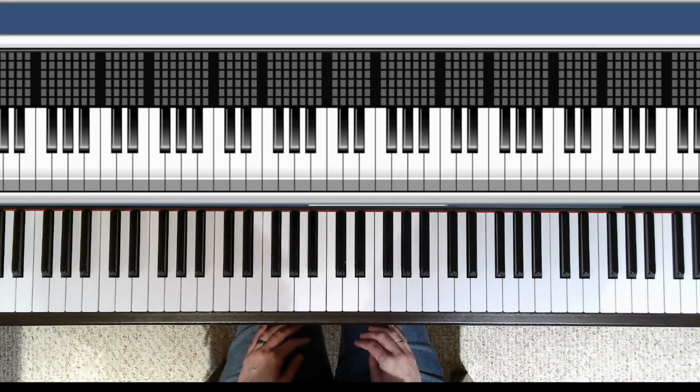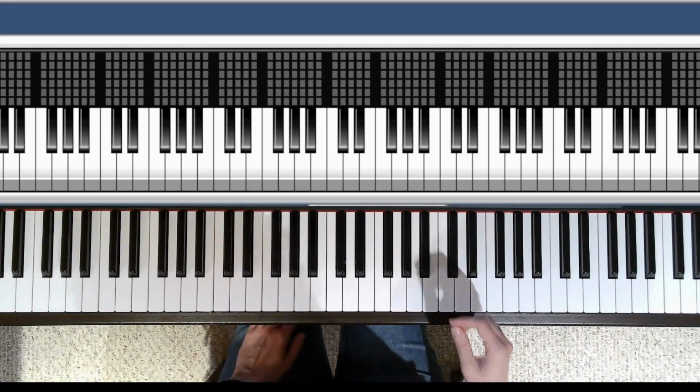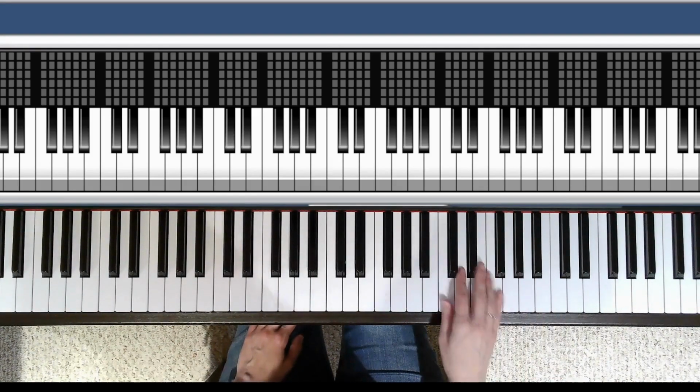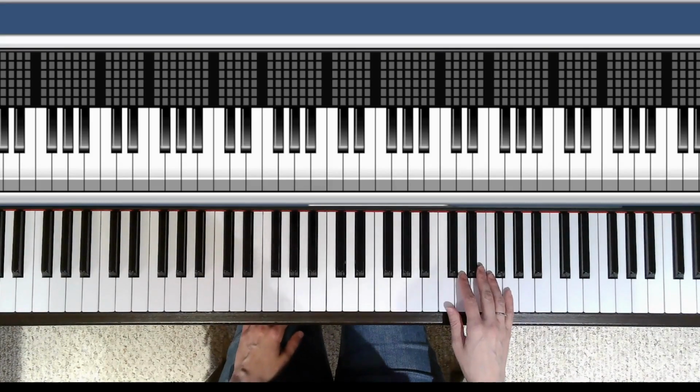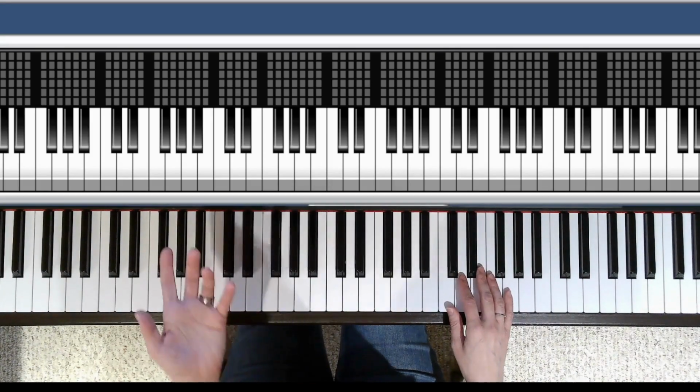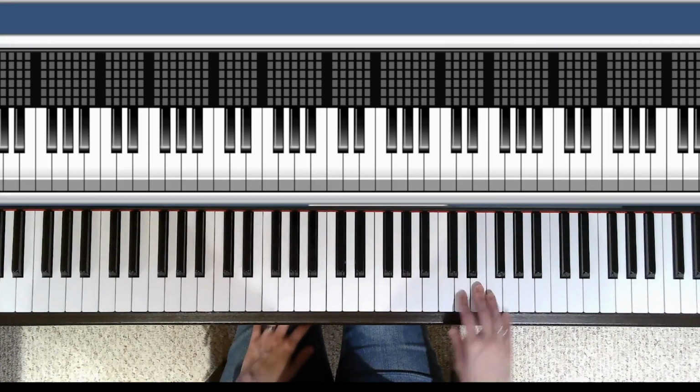Here's a little challenge for you now. Try moving between groups of C, D, and E on the piano. I'd recommend keep your pattern pretty similar so that your song actually sounds like a song. There's a pattern to it. So for example,